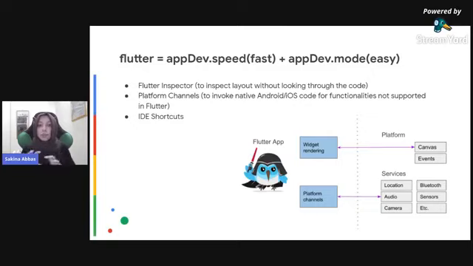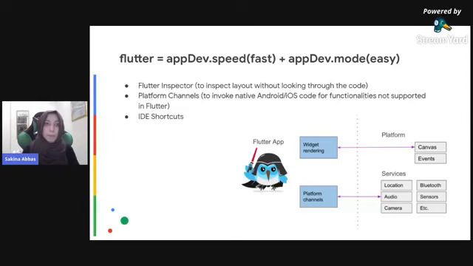So for instance, if your widget tree is something, okay, and you feel like you need to inject another widget, another UI element, into your tree, or maybe you want to wrap your entire tree inside another element, or maybe you want to take out a specific UI element, aka widget, and refactor it, there are shortcuts for doing all of that. So you don't have to write manual code for each and everything. It's just a one or two click process, and the IDE will do it for you. It'll create everything for you, and you just have to fill in the blanks.